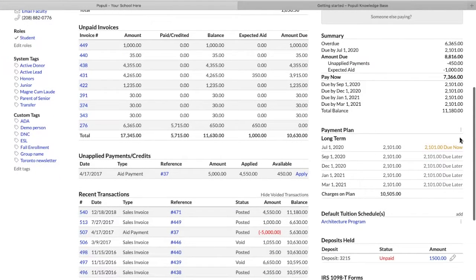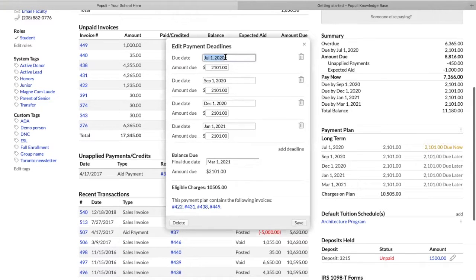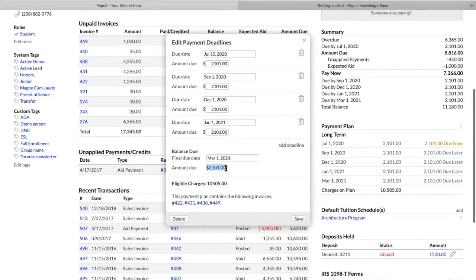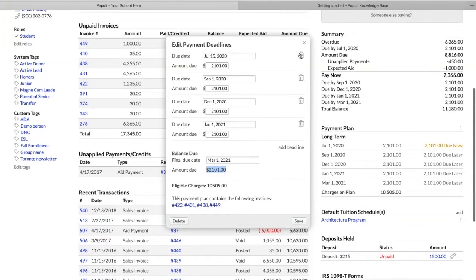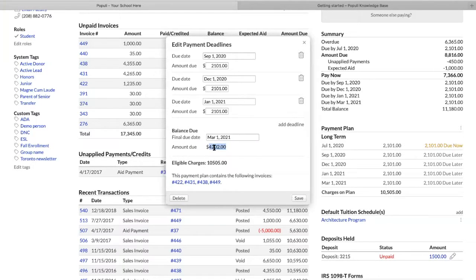If I need to edit this, so maybe this particular student, for whatever reason, needs me to change some due dates. He's going to be late on this one, so he's going to be 2 weeks late. Well, I'll bump that back 2 weeks. That's okay. Or he's going to skip this one. Watch my balance, my final amount due. So remember, this is a 5-payment plan. Last one's a balance due. I can delete this due date, and then my balance due is going to increase. That's why we have the balance due at the end, because if you need to delete a payment along the way,